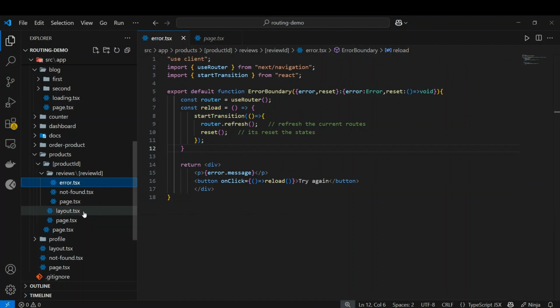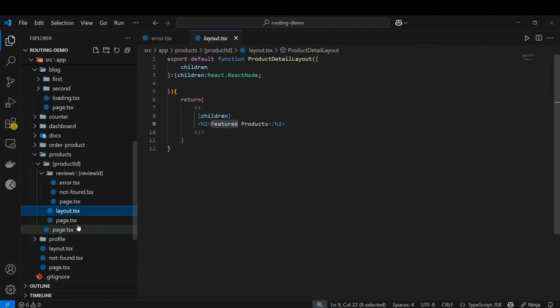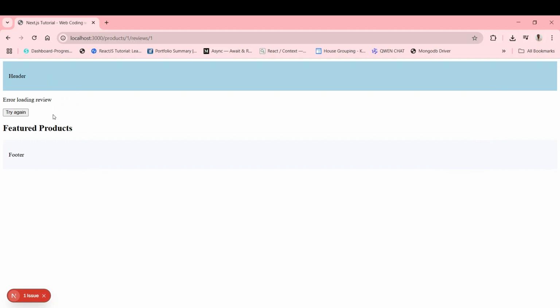Because of this, you can easily identify which UI element or component is affected by the error. I hope you can easily understand how you can handle errors in this particular Next.js application.